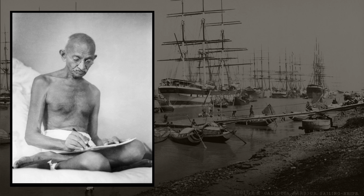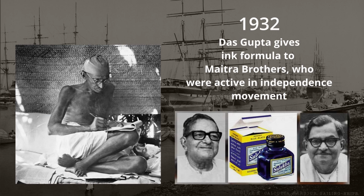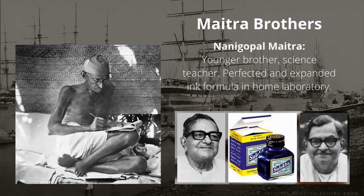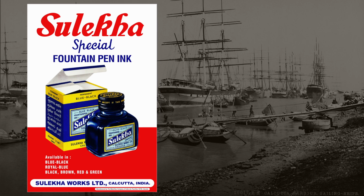Gandhi himself did quite a bit of writing, but at that time, much of the ink in the east of India was imported. And so, in 1932, Gandhi asked a retired chemist by the name of Satish Dasgupta to develop a Swadeshi ink for Indians to use. He did so, and then passed that ink recipe on to the Mitra brothers, who used it as the foundation to build the Sulekha Ink Company. Sulekha means beautiful writing, and the company's genesis was literally the result of a request by Mahatma Gandhi, who later used the ink himself. The company grew and moved from Rajshahi, now in Bangladesh, to Calcutta in 1938, and by